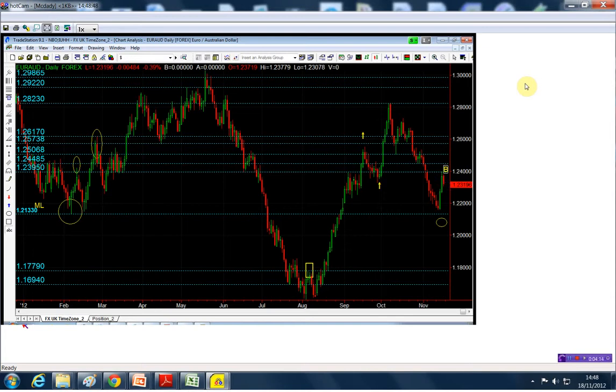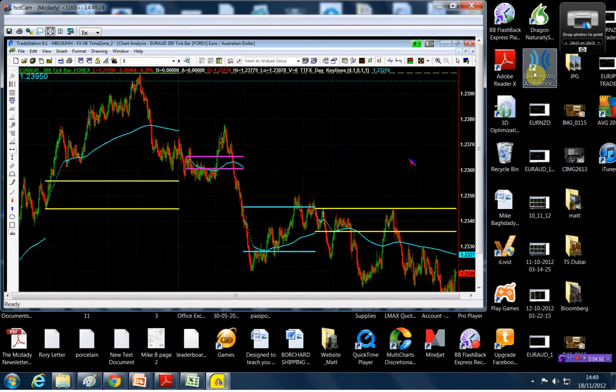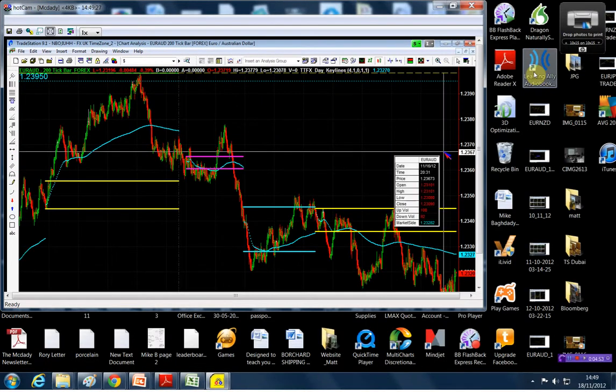This is a neutral day. This is an inside day. This red candle is an inside day. It's a nothing day. It's a non-directional day. So if it gets above the high, which in this case is the structural point, which is the 123.95, we're going to buy. If it breaks below the low of the day, which is somewhere around the 123.10, we're going to take it short. And the low of the day, let's see what the low of the day is. The low of the day is pretty much the 123.08. So the plan would be